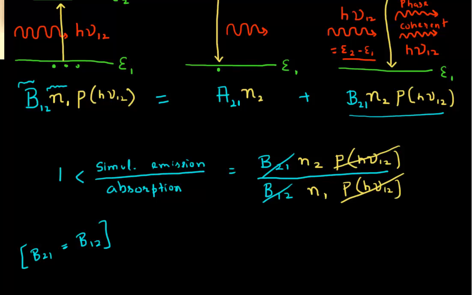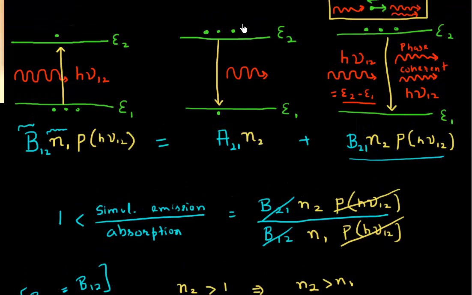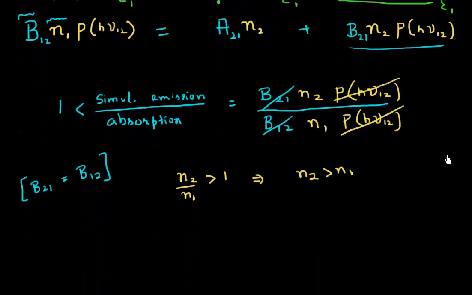And now in this comparison between emission and absorption, for simulated emission to dominate, the governing equation I'm getting is N2 by N1 should be greater than 1, or N2 should be greater than N1. And what it's saying is that, looking at this picture, I should have a greater number of electrons in my higher energy state as compared to my lower energy state. And this argument is what is called